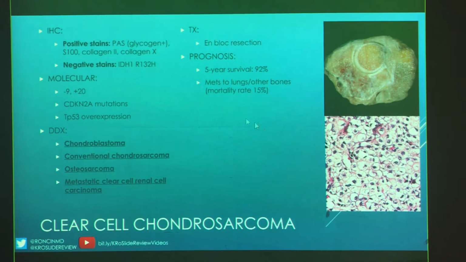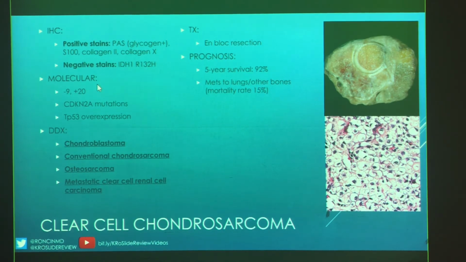Your positive stains include PAS, right? Those clear cells are filled with glycogen, so they're going to be PAS positive, which again is not IHC, that's a histochemical stain, but I like just keeping all the stains together. S100 will be positive, as will collagen 2 and collagen 10. Your negative stains would be that IDH1,